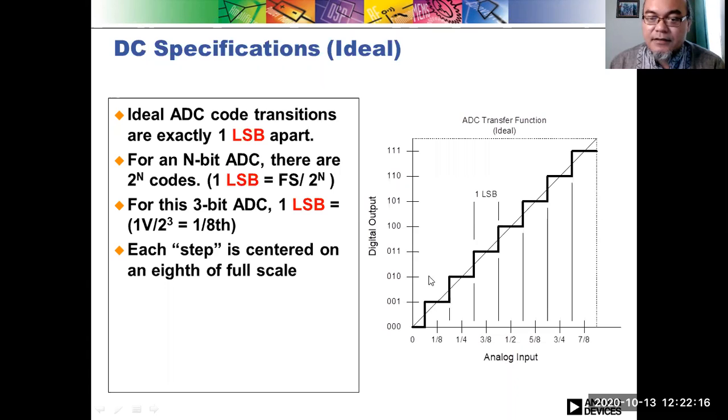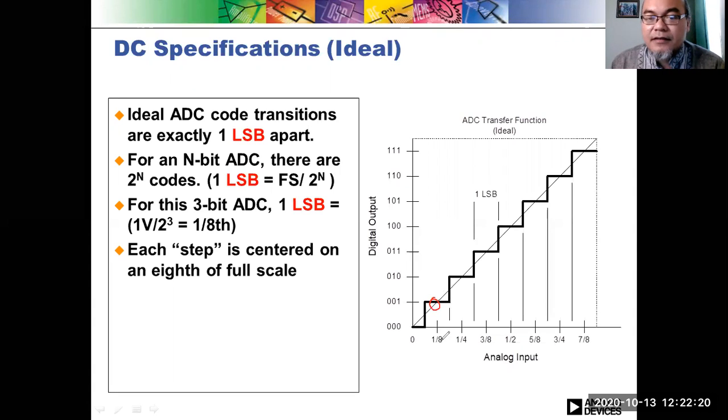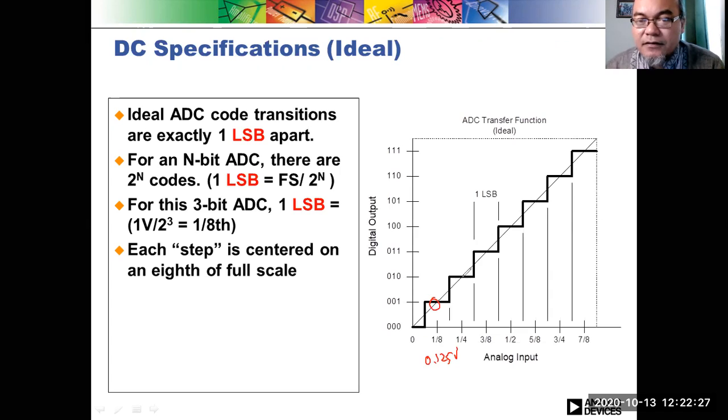Here, this is the center. The annotation, this is 1/8 volt, 0.125 volt. The quarter, 010, is centered on 0.25 volt. Then 3/8 volt, or 011, will be centered on this 3/8 volt, or